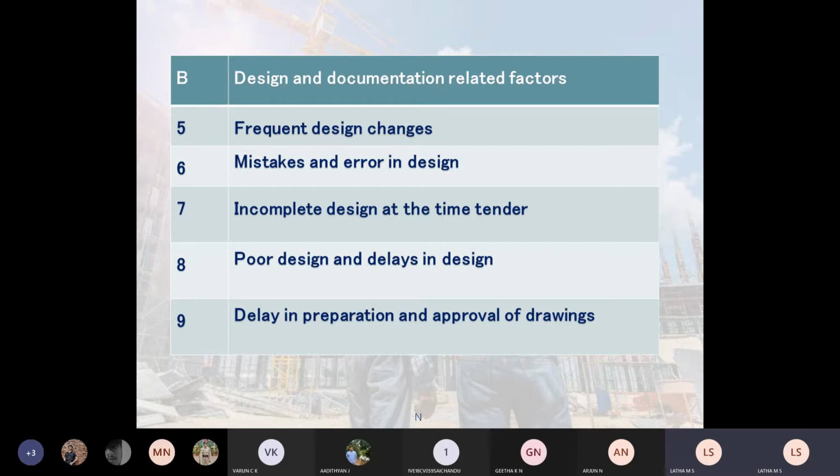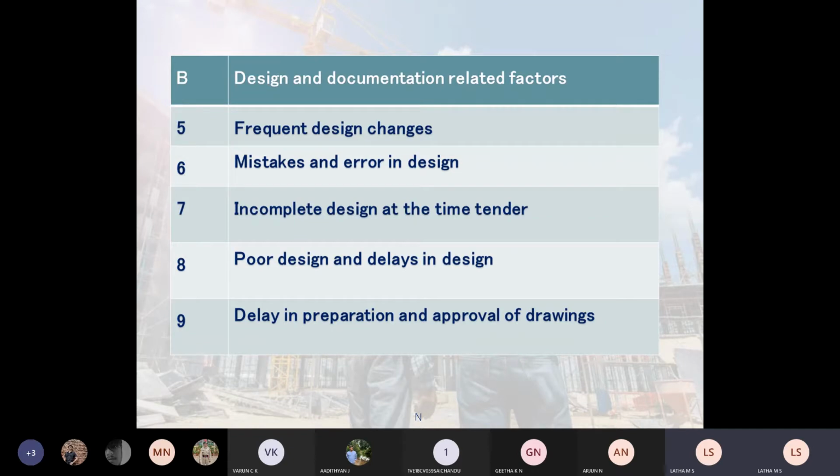If I start as a structural engineer, if I start a design, there should be one person ahead of me who checks the design and approves it. There should be a third party check also. Repeated checks should be made. If that check is made, any changes have to be incorporated immediately or in no time, before you take up the project construction. This all has to be completed beforehand.